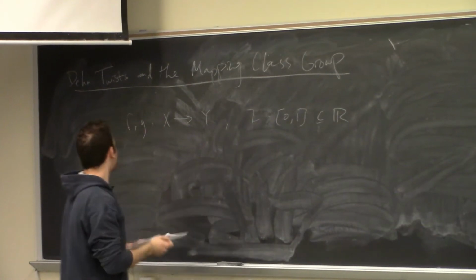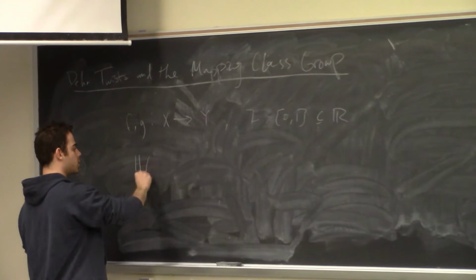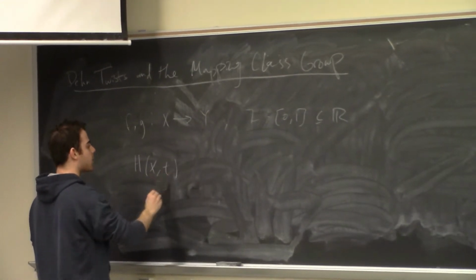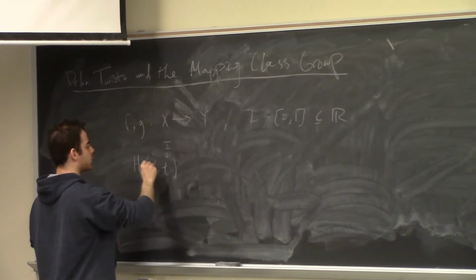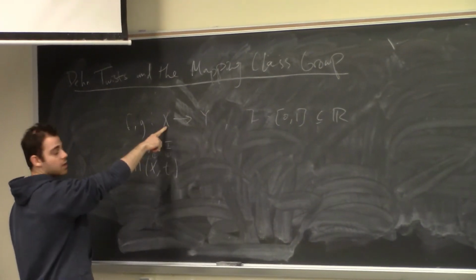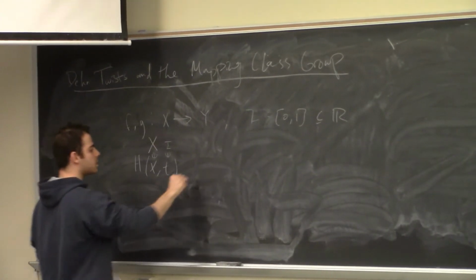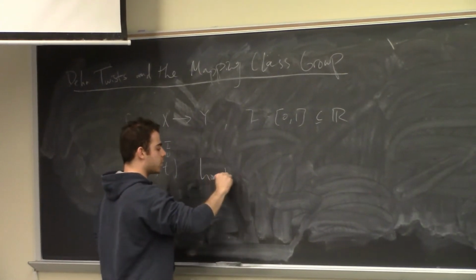And I'm going to define a function h, which takes in two parameters, x and t. So t lives in the interval, and this point x lives in the topological space X. And this is going to be a homotopy